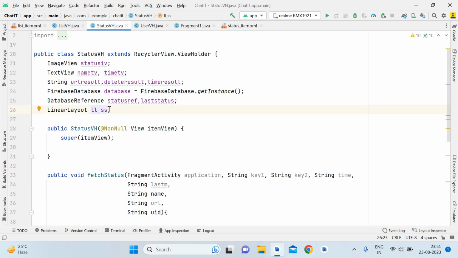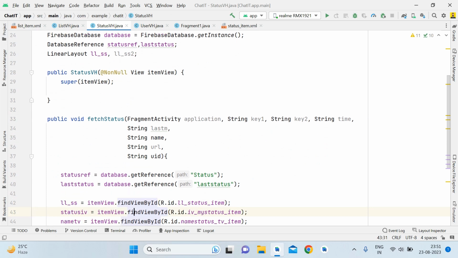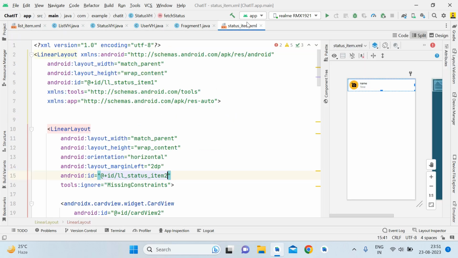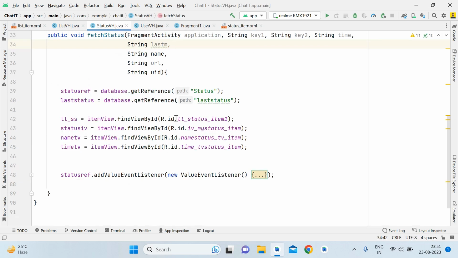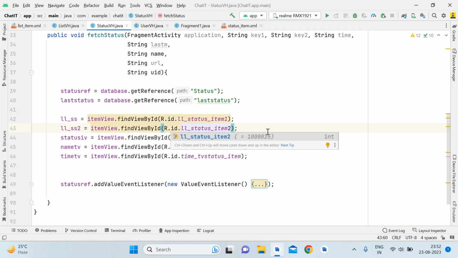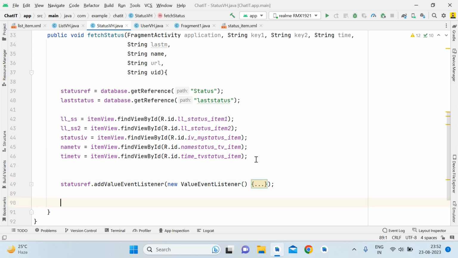So just simply status item LLSS, fine, no worries. If you want, you can make it LL2, LL underscore SS2. Okay, done. So we already have this reference LL status item, so just make it LL status item 1, and we have changed it, yeah, and then copy this LL status 2 and make it 2, fine. So now we have given the reference successfully. Okay guys,